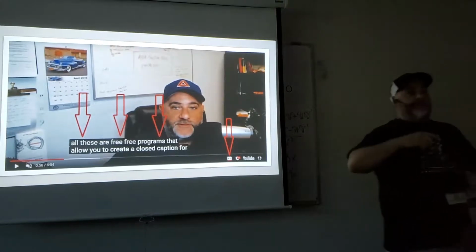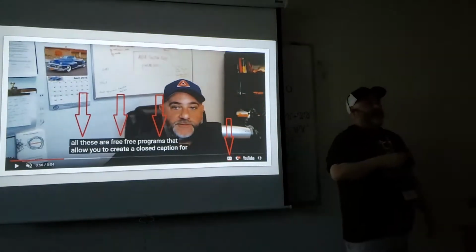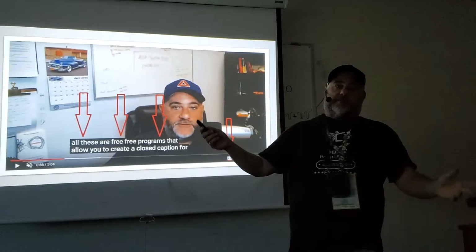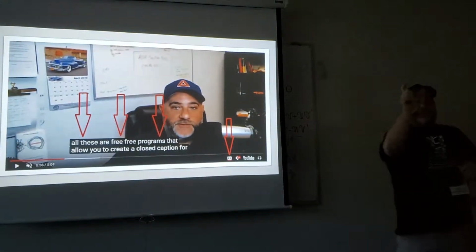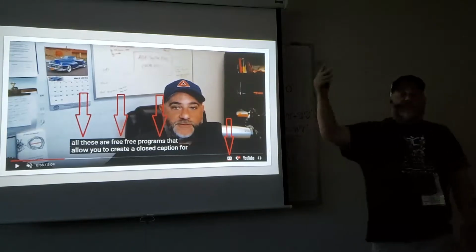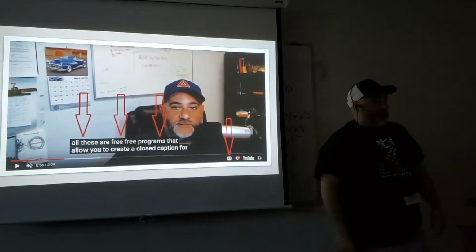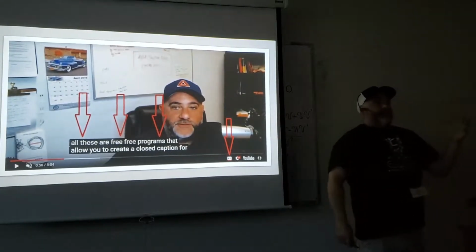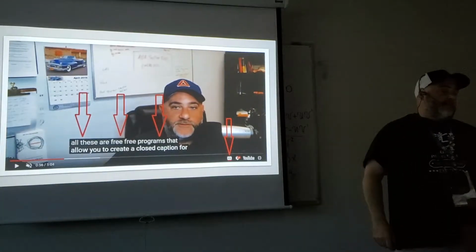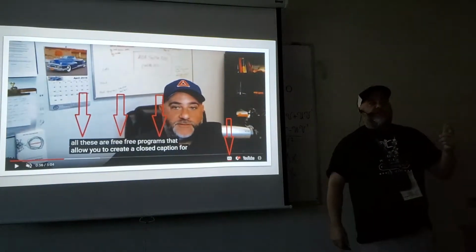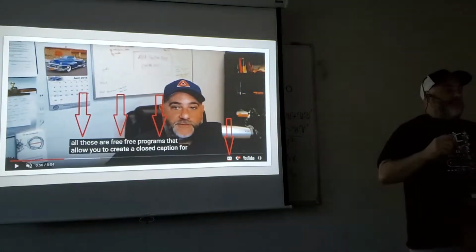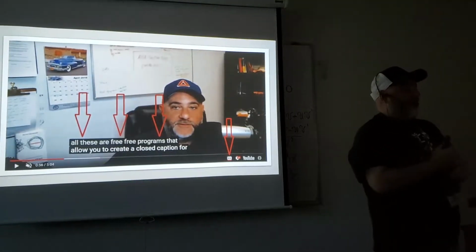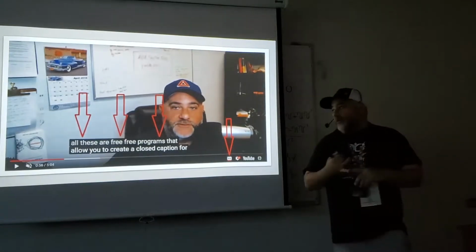How many people here have used YouTube to upload a video? Okay, so we know it's pretty easy. You upload your video, it gives you a little code, you put it on the back end of your site, and you're good to go. But when you're in your YouTube video manager, when you're editing, you can click the subtitles or CC button, and YouTube will actually allow you to have it automatically add your subtitles.